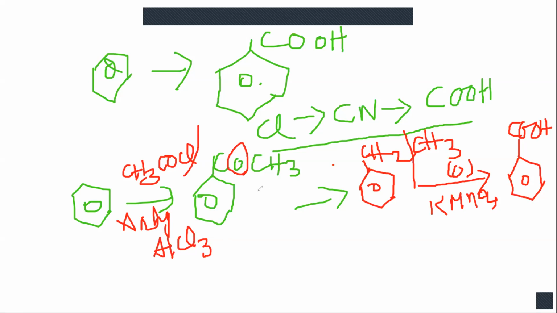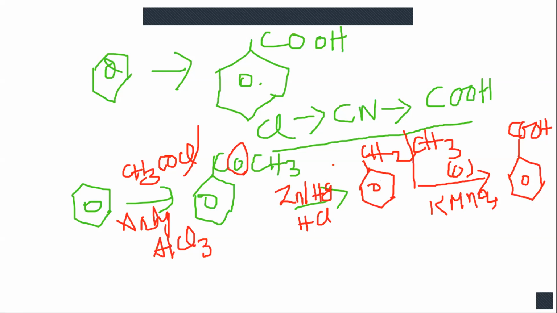After this, reduction using zinc and amalgamated zinc mercury. These are reducing agents. The role of this amalgamated zinc and HCl is just to supply hydrogen. Just forget all these. Just H2 is added, like that you remember. So the oxygen is removed from the carbon, and hydrogen is added. So it becomes CH2CH3 by reduction. CH2CH3 is nothing but the ethyl part. Ethyl benzene is the product. After you get the ethyl benzene, on oxidation with KMnO4 you will get benzoic acid. So this way also you can do the conversion to benzoic acid.